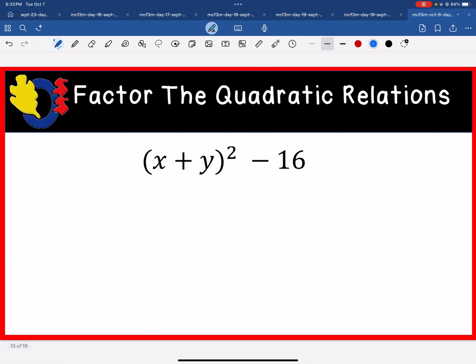All right, we're going to look at a spicy differences of squares. This one's going to be spicy. Okay, so what I like to do for this one is I like to let x plus y represent some either letter or a symbol. So I'm going to say let x plus y equal, I'm going to use just a star. If you want to use another letter like U or V, if you're more comfortable with that, you can do that. So star squared minus 16 is basically the original problem,